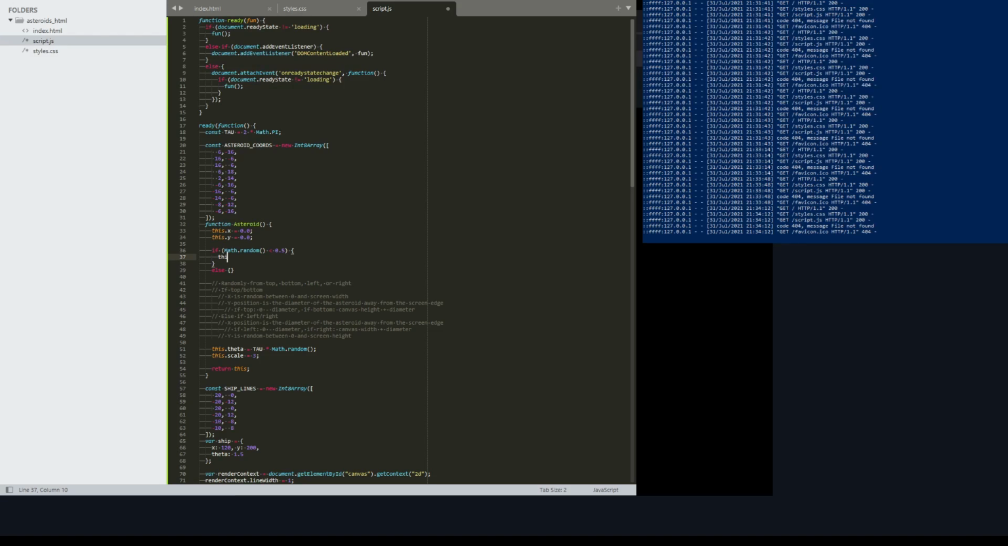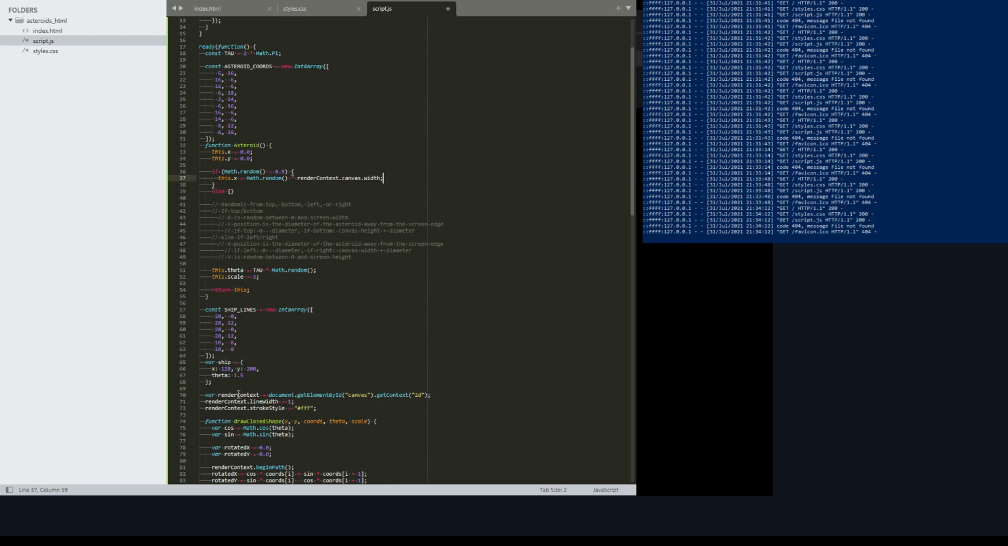Let's set this.x equals Math.random times, that's right, screen width. So that's going to be renderContext.canvas.width. There's a little problem. We want to have the render context available to us. The